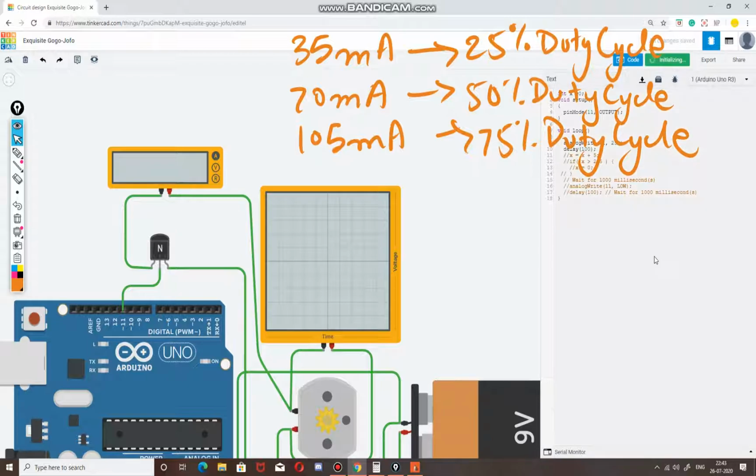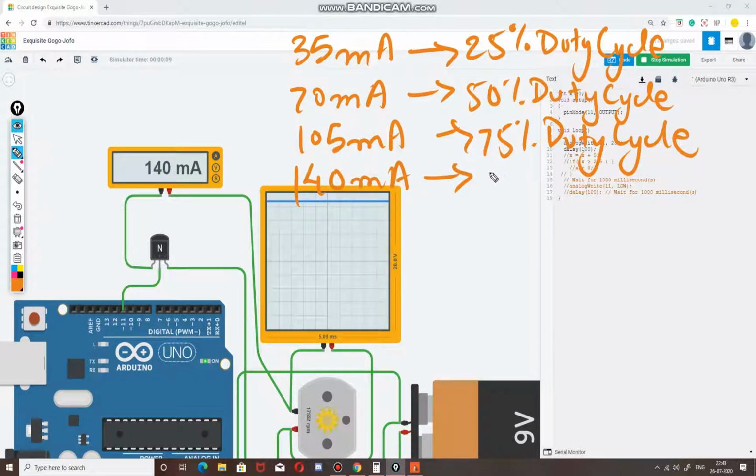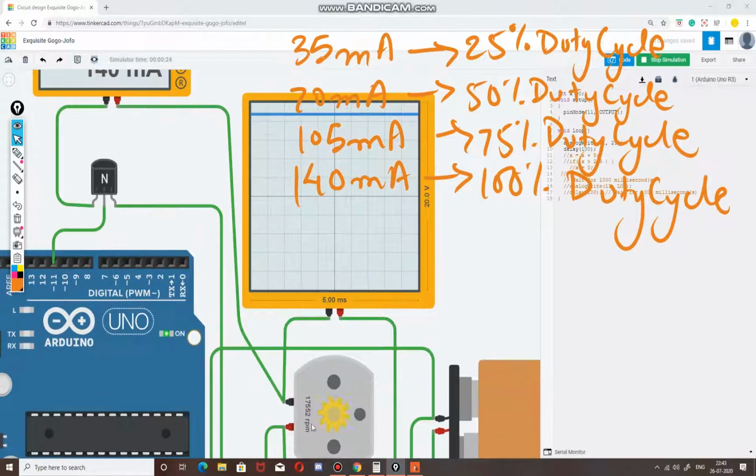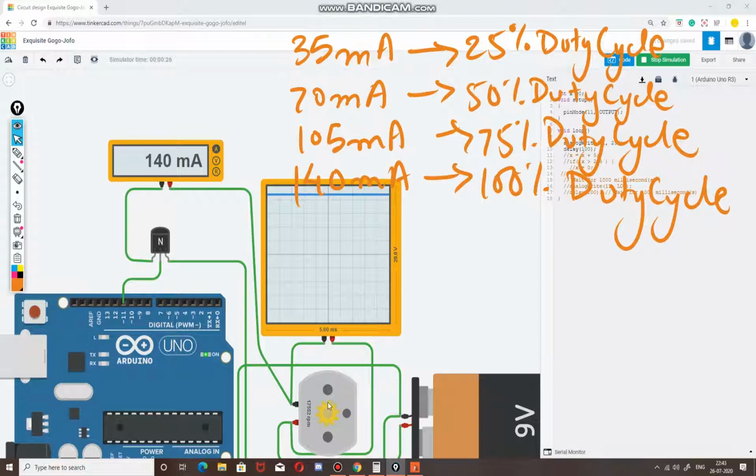Now you can see that the complete, full, 100% duty cycle is 140 milliamperes. I think everyone has noticed this. Now it's showing 17,000 RPM.